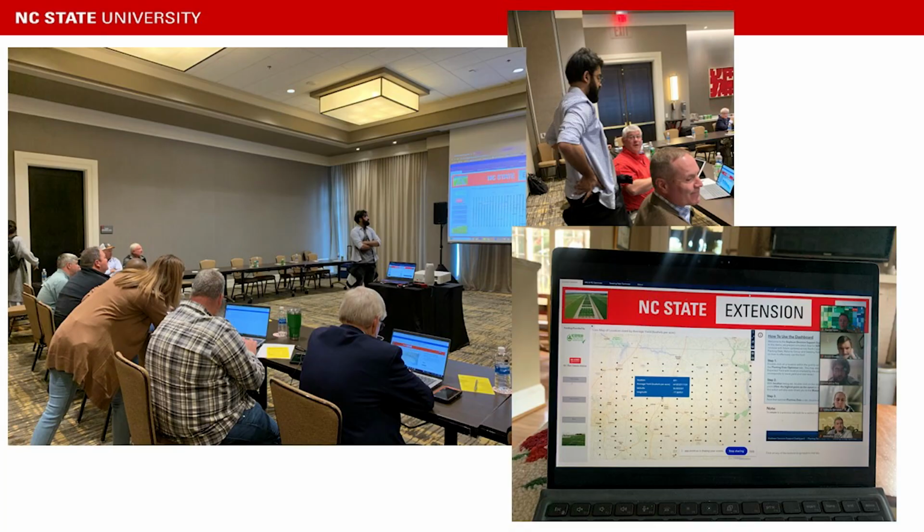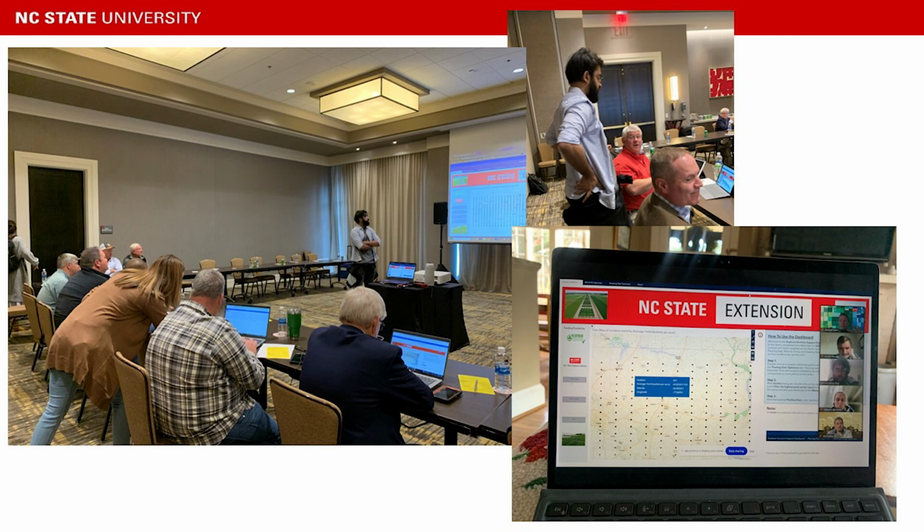We have a computer engineer who previously worked at Amazon helping us to develop this grower decision support tool. He wouldn't be working in agriculture without the Plant Sciences Initiative. And so where we're at in developing this tool is we have beta tested it with some growers and some